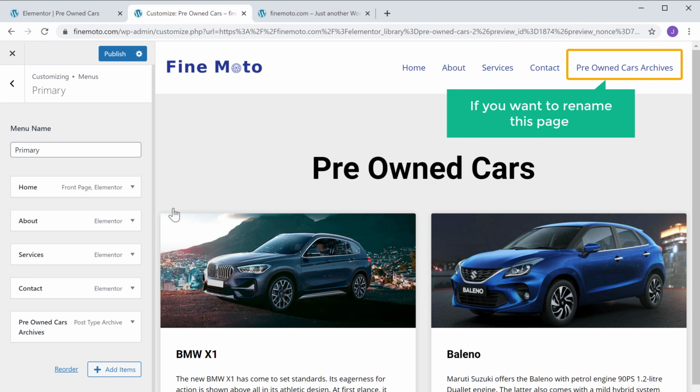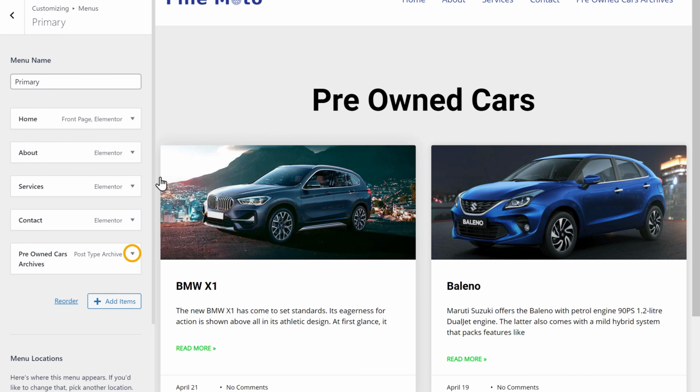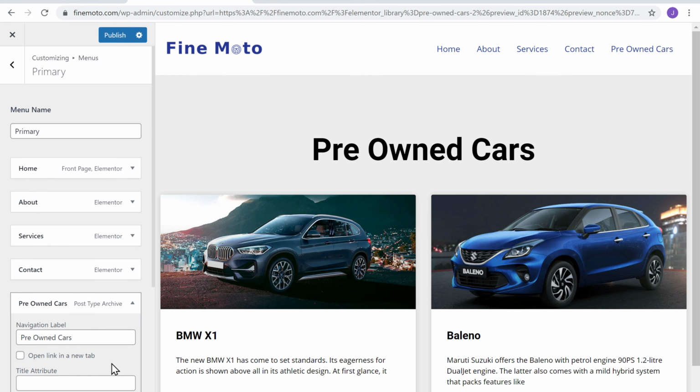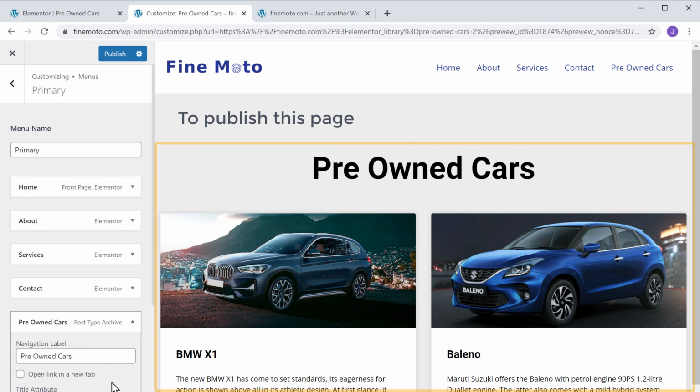Now if you want to rename this page, click here and change it from here. Now to publish this page, let's click Publish.